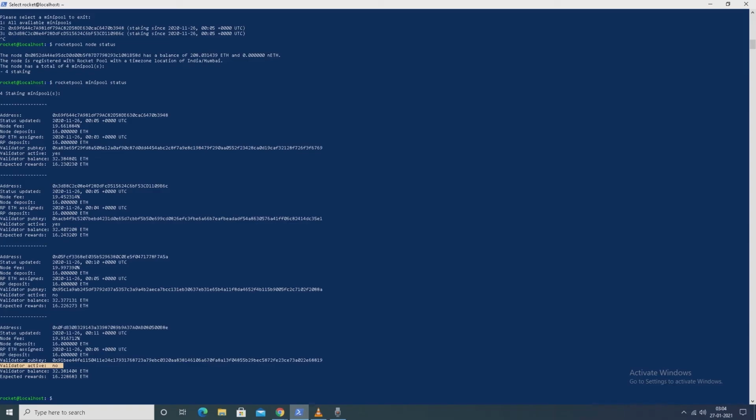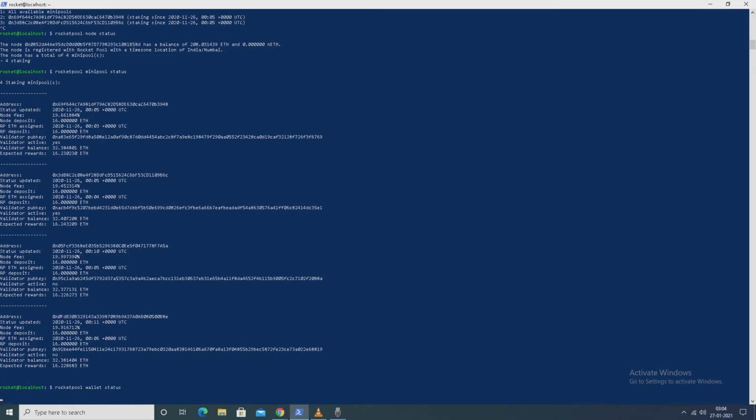One more thing, let's check Rocket Pool wallet status, what we get. So I'll type in Rocket Pool wallet status.